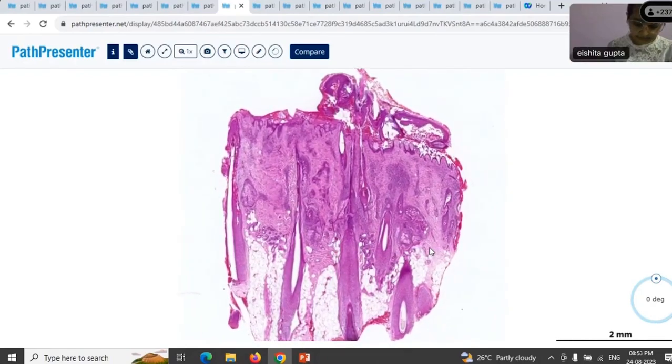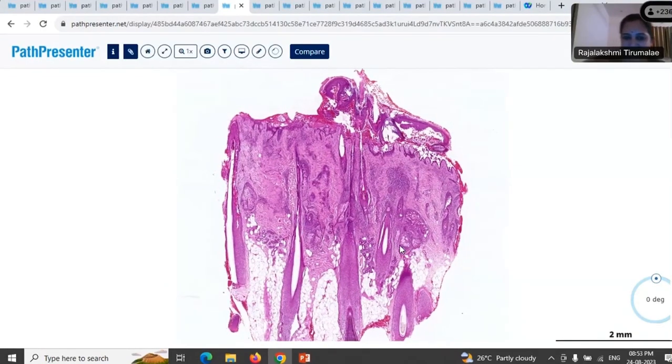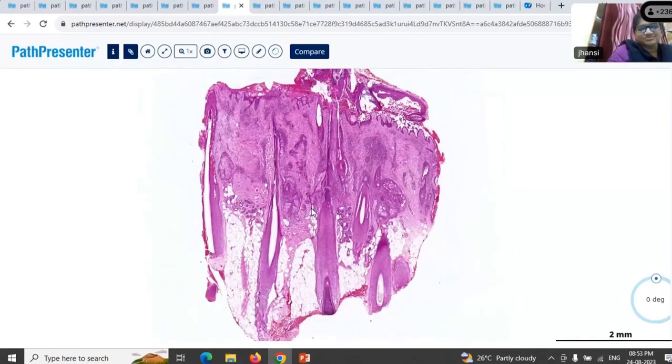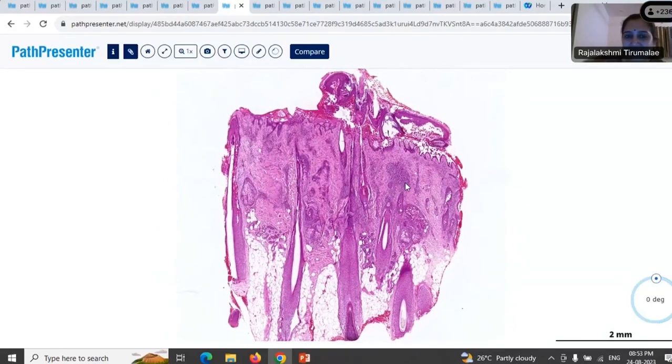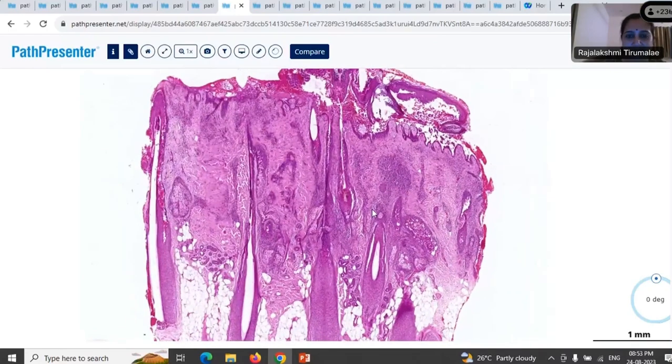Can you tell me what you think is the site of this biopsy? I'm not giving you the site, but can you take a guess from looking at this? Hair follicles are more, ma'am. Yes, you're seeing so many terminal hair follicles, isn't it? So this could be from the scalp. Right, you're right. It's from the scalp. All right, go ahead. We are seeing